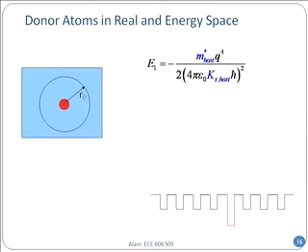Because in the hydrogen case, the hydrogen atom was moving in a vacuum. So it was a free electron there, and therefore I put an m naught there. But this time, this extra electron is moving in a sea of silicon atoms, right? And therefore, it is feeling the potential of the silicon atoms. It's being bounced by those potentials. Therefore, the effective mass has to be m host, whatever the host material is.